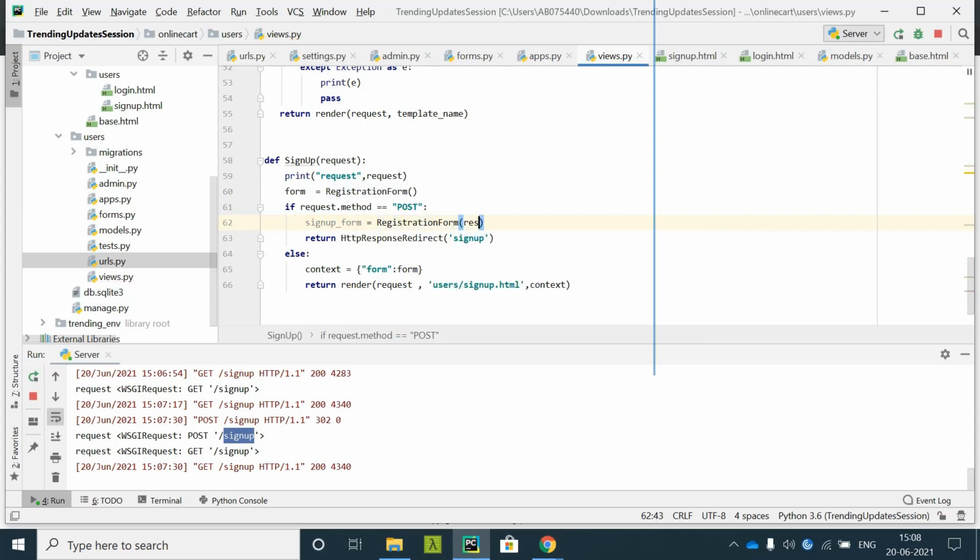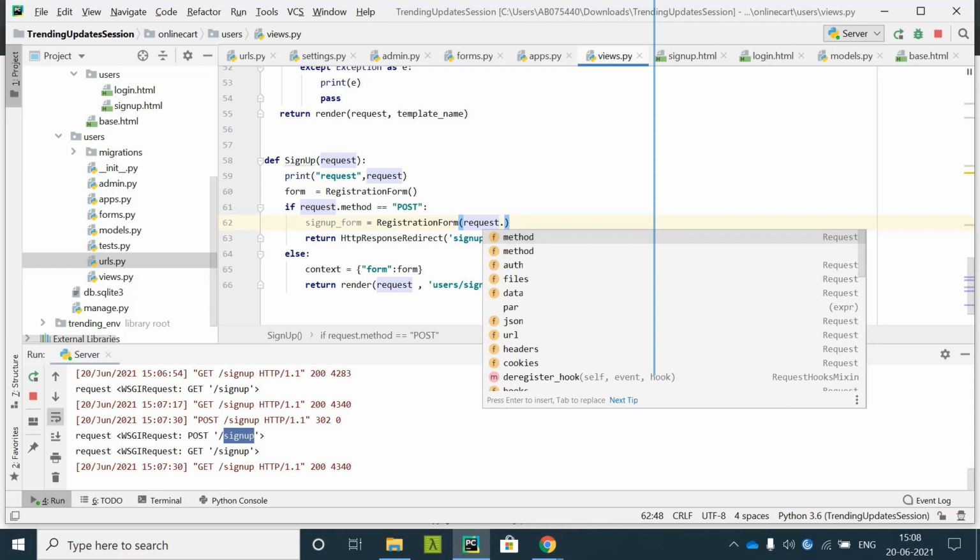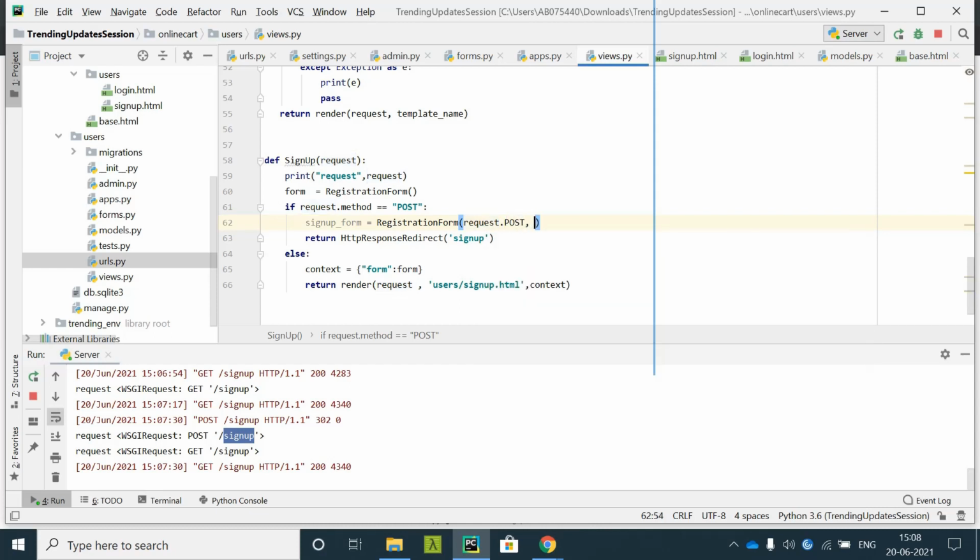Request.POST, whatever fields that we are posting, it will come over here.